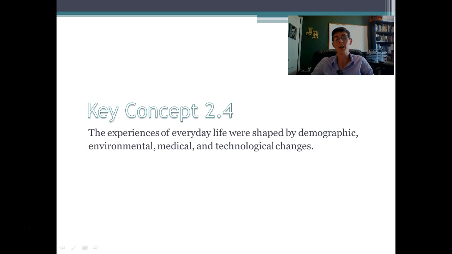Okay, demographics, we're talking about gender, age, race, religion, population movements, migrations, immigrations, things like that. So you're talking about people basically and the population in and of itself, just so that we're aware.